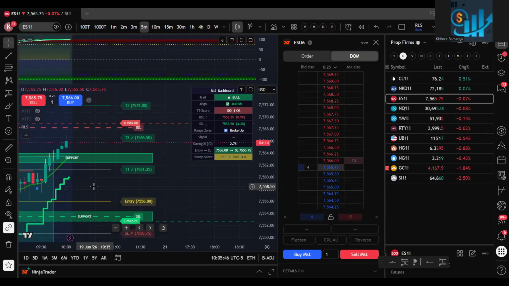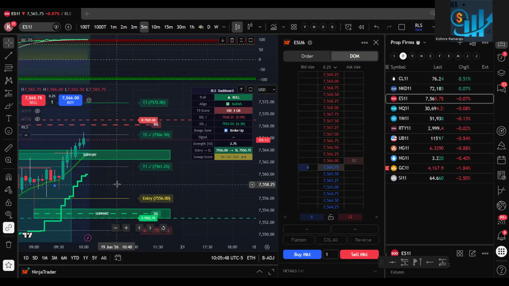So about the 25K challenge, there are mainly two types of challenges, right? Our objective is to convert 25K into 50K within 1 month, within 4 weeks. So the first challenge is the 9 a.m. to 9 a.m. challenge, which is mainly for active traders. That means if you are a homemaker or you have a work from home job where you don't have too many meetings, so if you can take the trades quickly, enter and exit quickly, that 9 a.m. challenge is good for you.